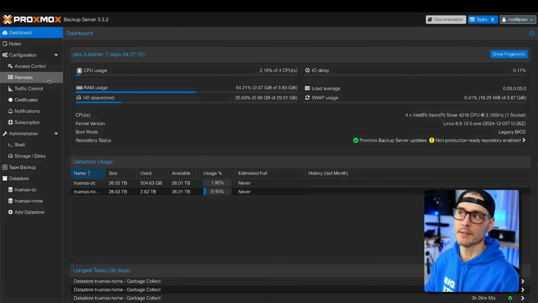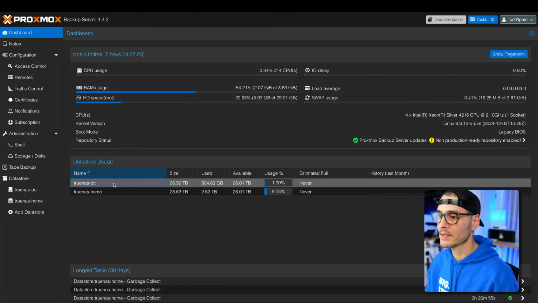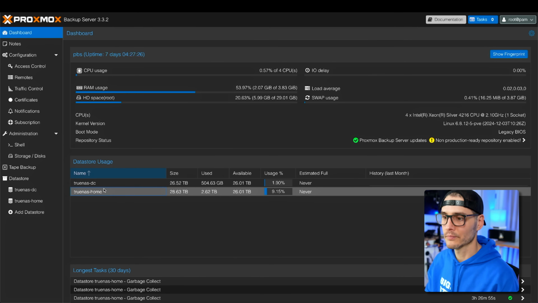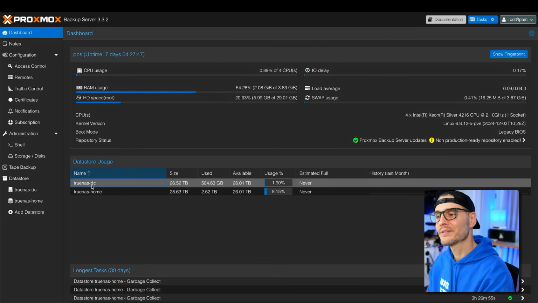The cool thing is that I have it configured as a target for both my co-location machines and my machines here at home. So you can see I created 2 data stores, TrueNAS DC and TrueNAS Home. So TrueNAS, that's the name of where the storage lives. So it's living on TrueNAS over NFS. It's a little bit of a hack, but it works great. Might change it in a little bit, but not important. I have a data store that's stored on TrueNAS for my data center and one for home.